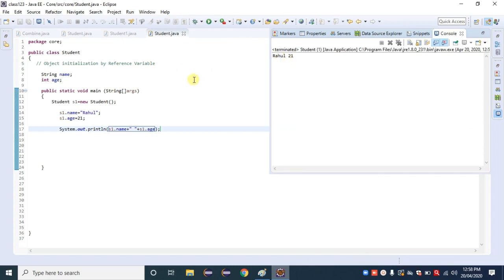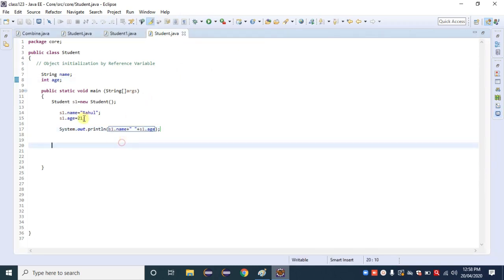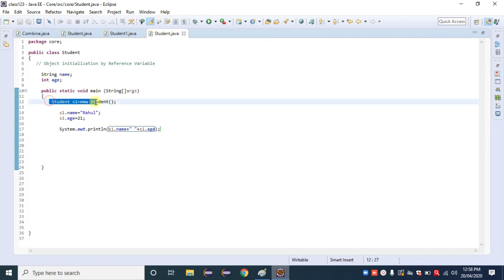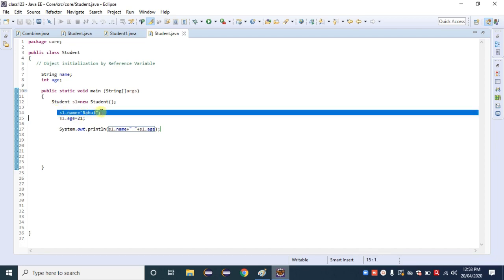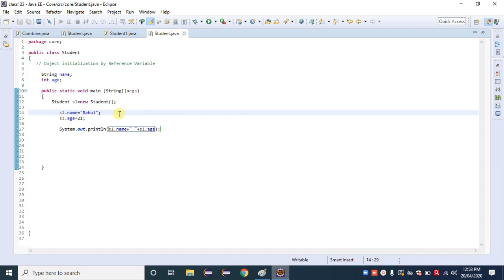So first understand what the execution priority is. Java first comes inside here and observes that we created the object, then we initialized that reference variable or object as Rahul and then age. Java first comes here, s1.name is equal to Rahul, then Java proceeds towards that name and initializes it as Rahul.